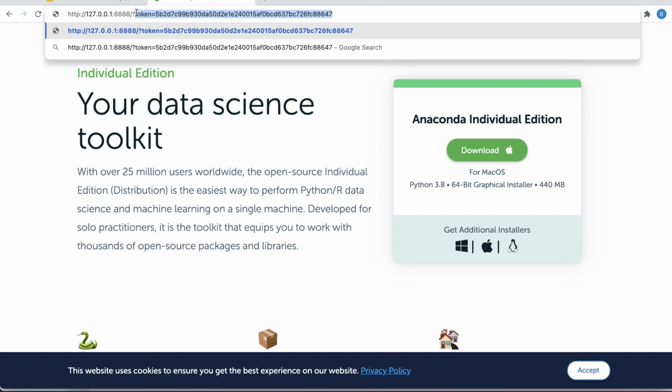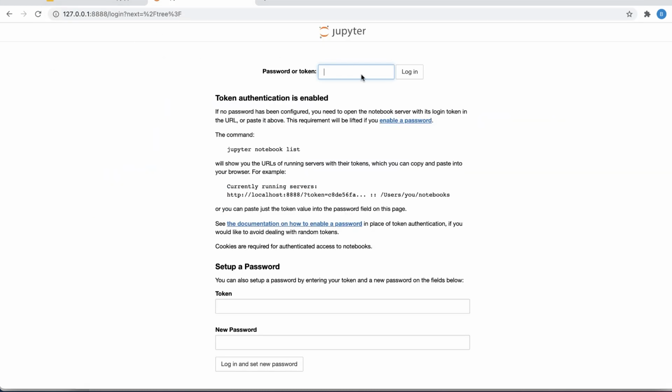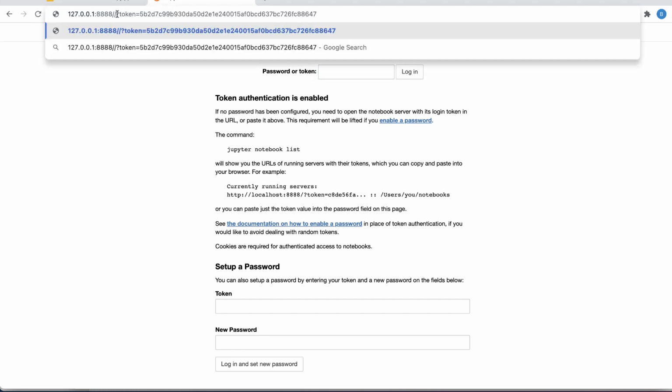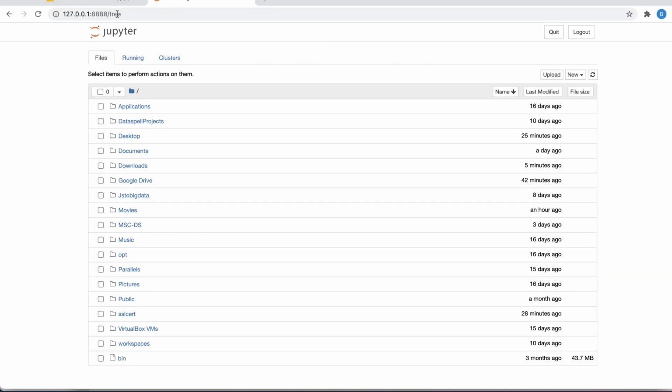Okay. So let's first try to log in without the token. So you can see that if I don't specify the token, it asks me to log in. So for that, let's just specify the URL with the token, right? This is the original URL that I copied, and then I just enter. So all I want to show you right now is how to create a notebook, or basically what is a notebook. So notebook is nothing but your interactive IPython page. Whatever you type in your IPython cell, similarly you would just type it here, and then it's an interactive cell. It will just show you the output.